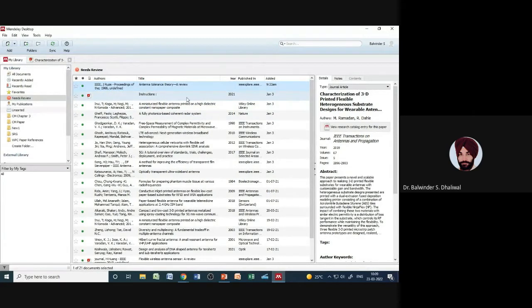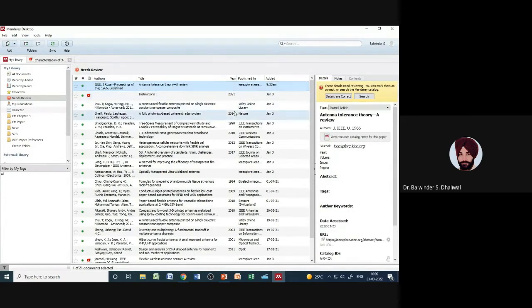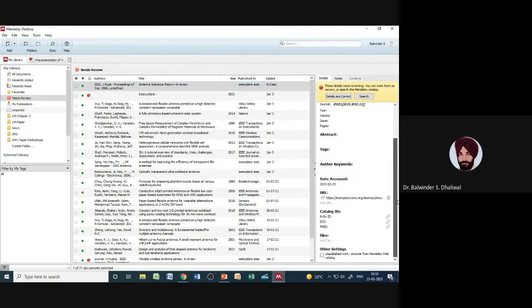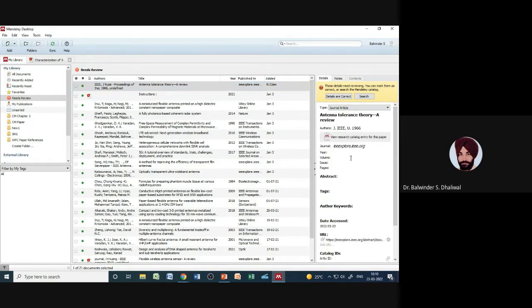the article which has been added into Mendeley, whether the details which it automatically fetches from that article are correct. Once we confirm, that article will be removed from this particular option, needs review. Like I have added this article today itself. So here Mendeley is asking that these details need reviewing, so you can mark them as correct or search the Mendeley catalog. So Mendeley is capturing these details, and if I want to edit any details, like here